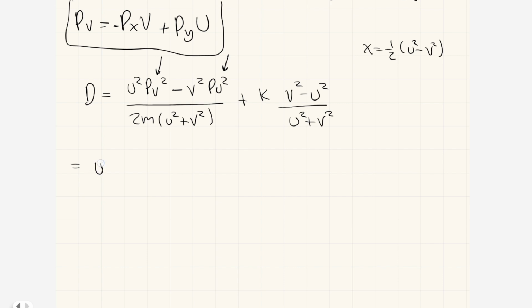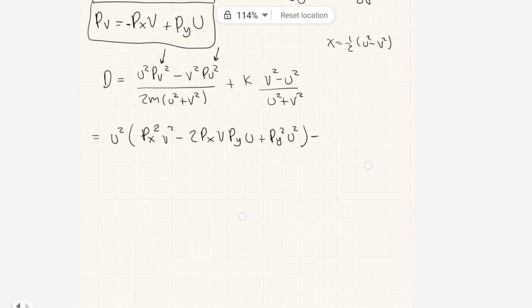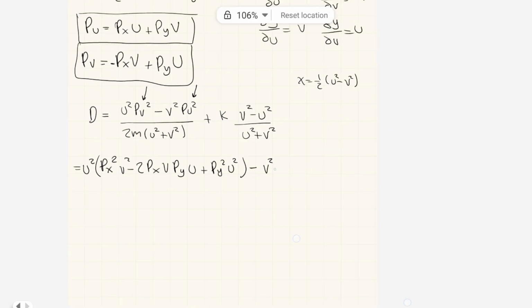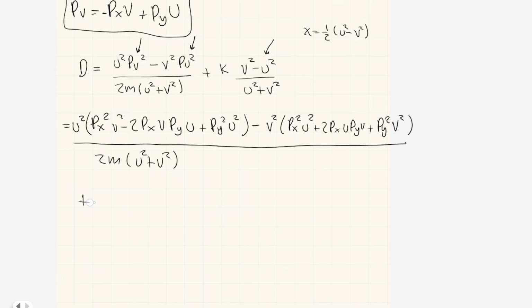Okay, so we are going to get u squared times (px b - py u) squared, that is px squared b squared minus 2 px b py u plus py squared u squared, minus b squared times (px u + py b) squared, that is px squared u squared plus 2 px u py b plus py squared b squared, all divided by 2m (u squared plus b squared), and then plus k,